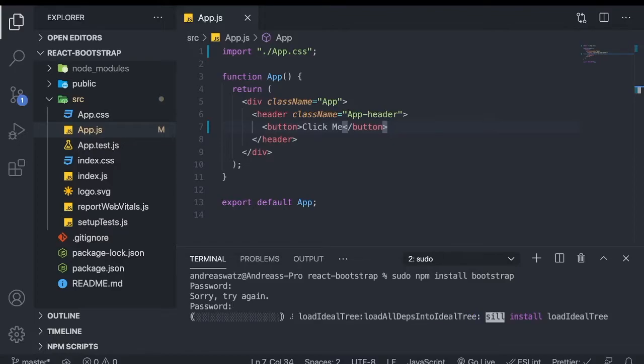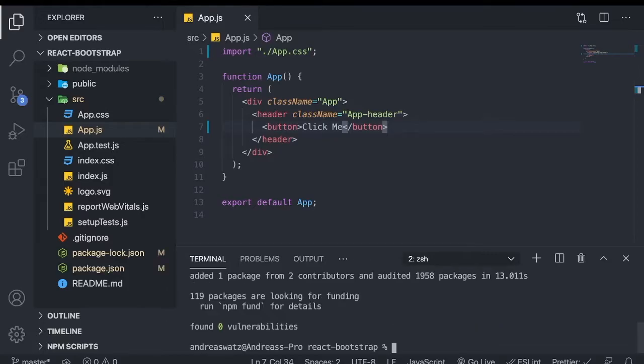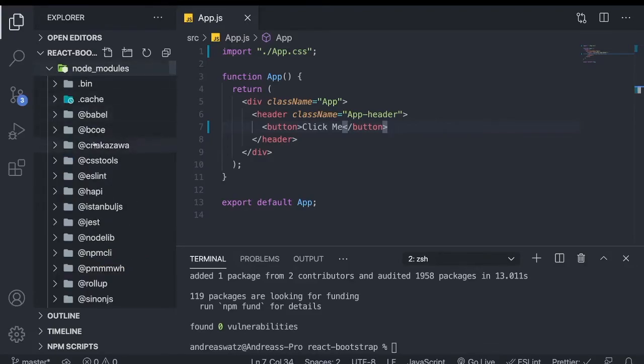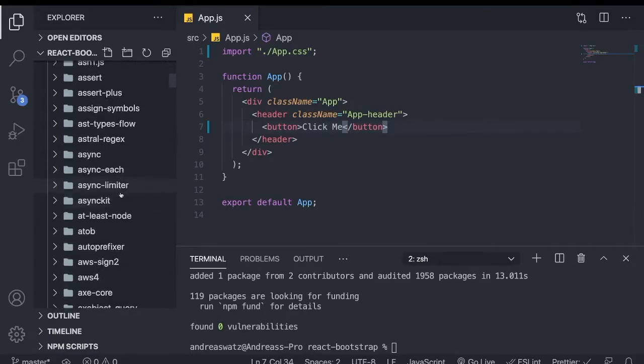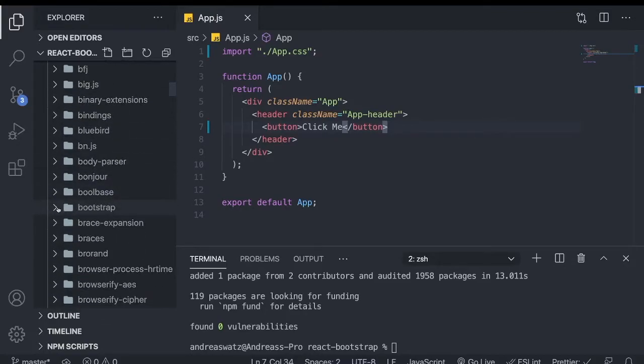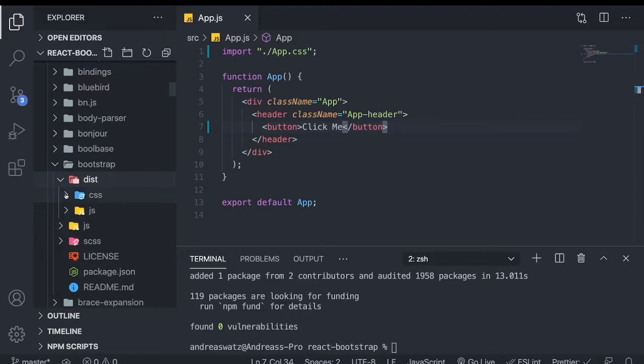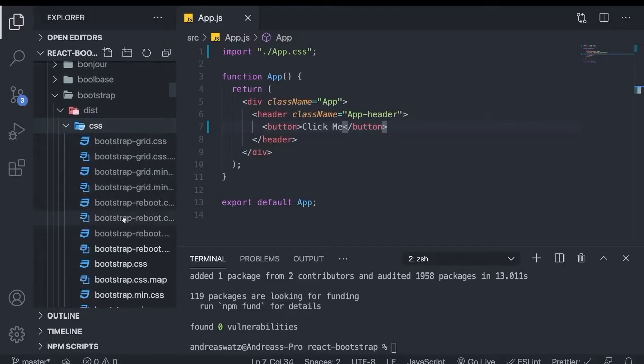Alright, so now we are installing Bootstrap. Alright, so everything is installed. Now we can go to this one, node_modules. Find Bootstrap. This one, open up. Choose this one, dist. Choose CSS. And we want to have this one,